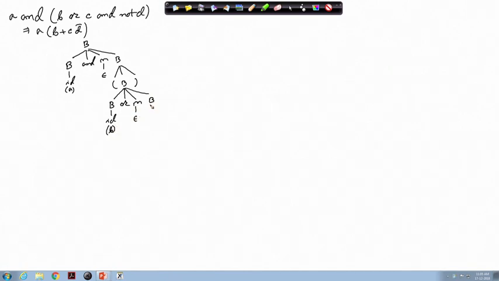Now, this B will give me the AND function. So, it is B and M B, this B will give ID which is C, this M will give epsilon, this B will give not of B, and this B will give me ID which is D. So, this is the parse tree.